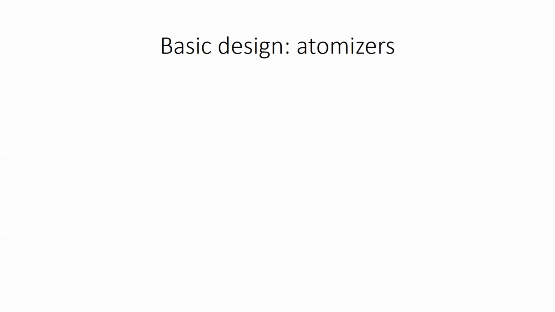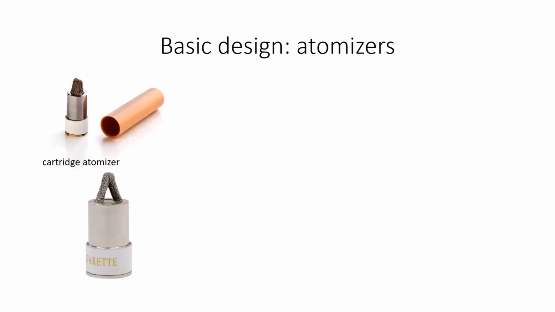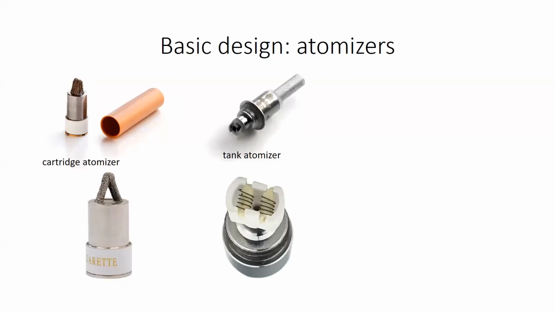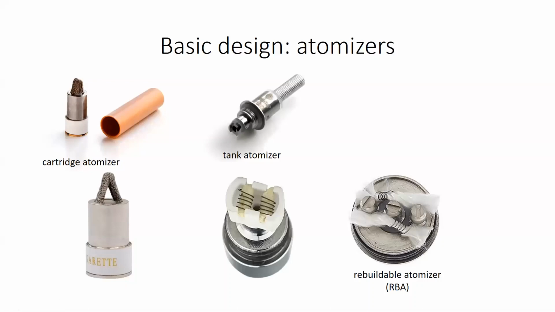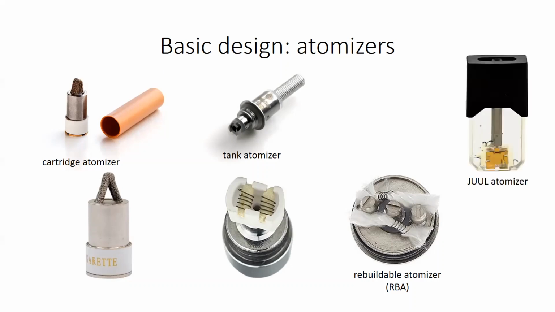There are different atomizers. So this is what the cartridge atomizer looks like, what is found in the cig-a-likes. You have the tank atomizers. You could have the one at the top. Also, you have the one in the bottom here where you have the coils. There are also the rebuildable atomizers, which used to be a lot more popular about 4 or 5 years ago, where people would make their own coils and then drip the e-liquid on top of it. I've not seen much of this lately. And then we have the Juul atomizer, or these new pod devices, which are becoming really popular. These represent about 75% of the e-cigarette market in the U.S.